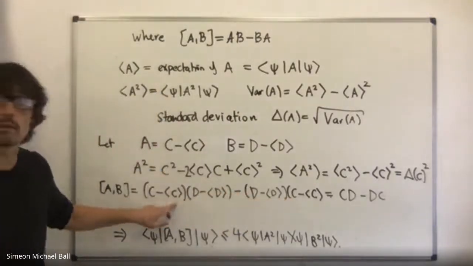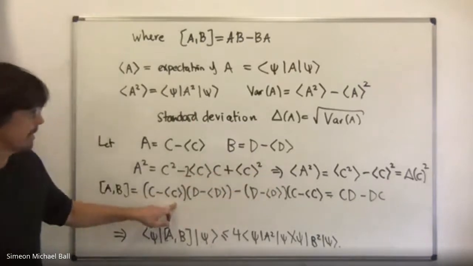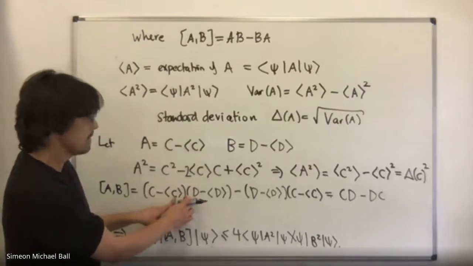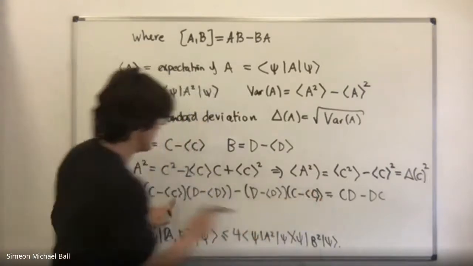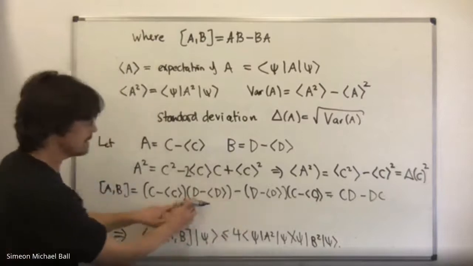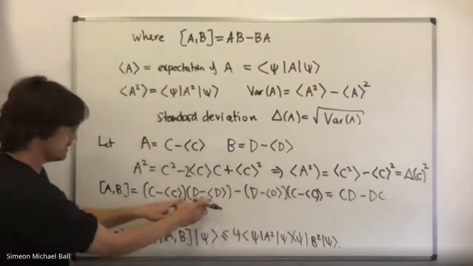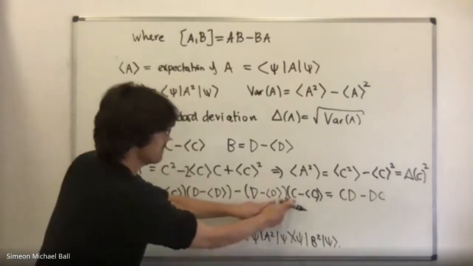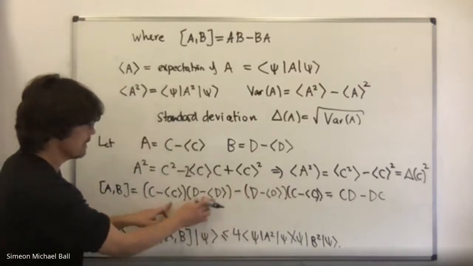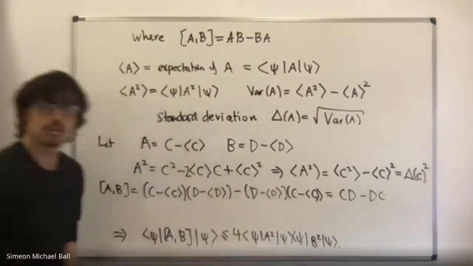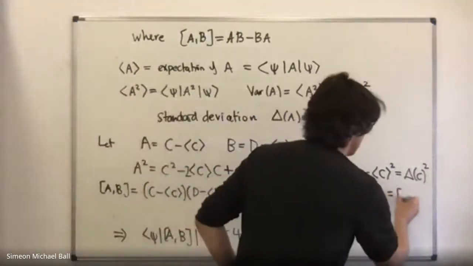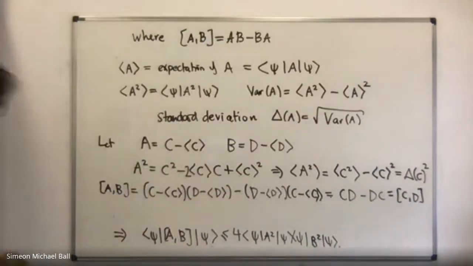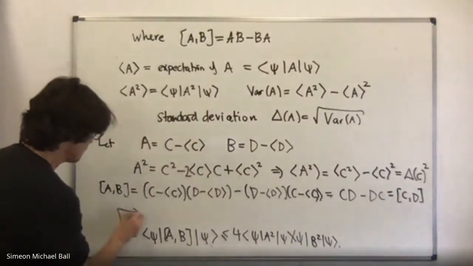all the other terms are going to get killed by the minus here, because everything commutes now. I mean, this is just a number, so this is some number. This is brackets average C times D here minus, and here you have it plus. This is minus average D times C, and here you have plus average D times C. And the final term is just the average of C average D minus average C average D. So this is just the commutator of CD, and we have arrived at Heisenberg's uncertainty principle. So this implies that